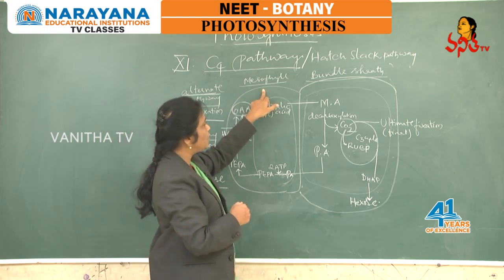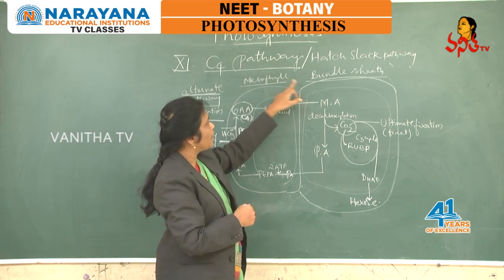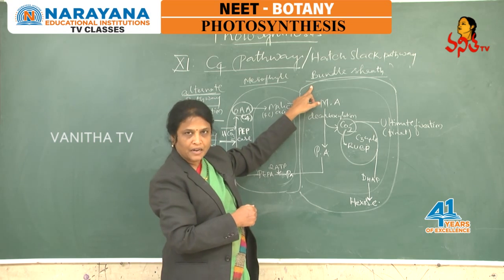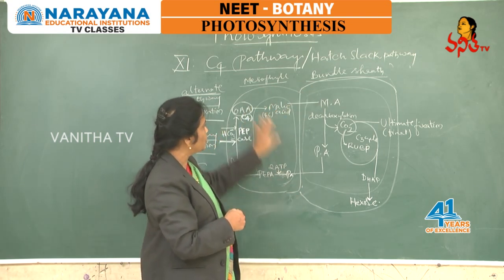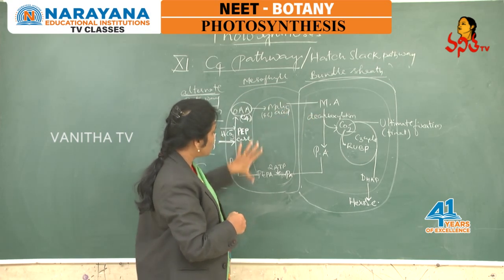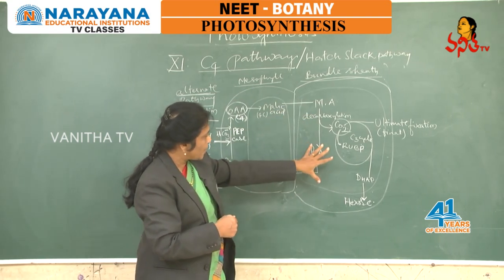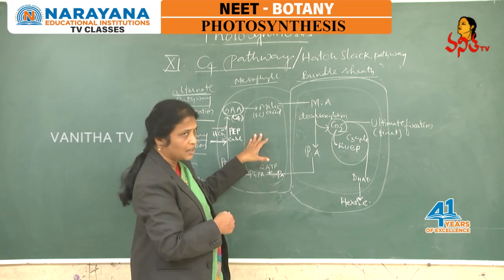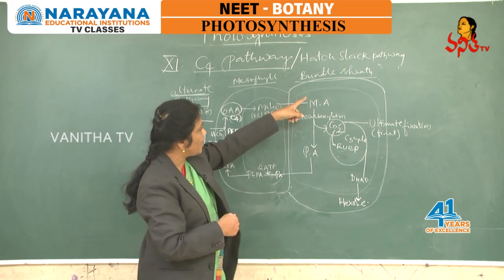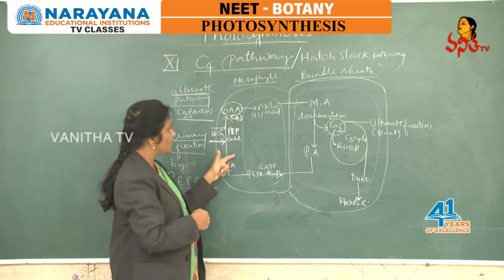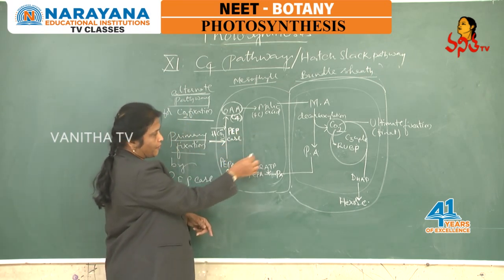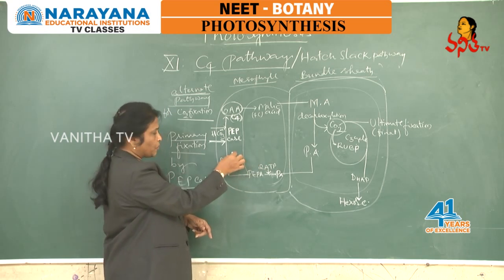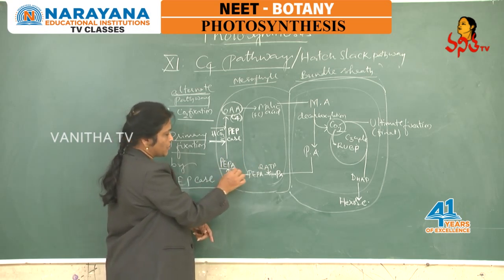Already we mentioned that dark phase reactions occur in both mesophyll and bundle sheath cells, and there is a biological compartmentation we can follow during the dark phase mechanism. So here the total dark phase mechanism of C4 plants occurs in both mesophyll and bundle sheath, but let us see which reactions occur in the mesophyll. In the mesophyll cells, of course this is the chloroplast and this is the cytoplasm, and in the cytoplasm a 3-carbon compound, phosphoenol